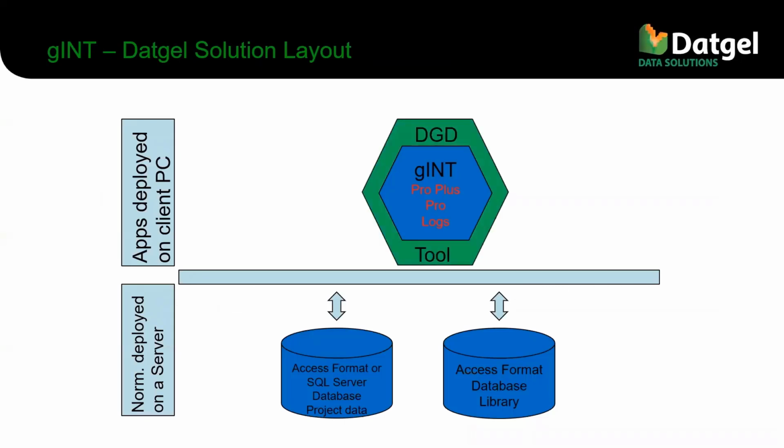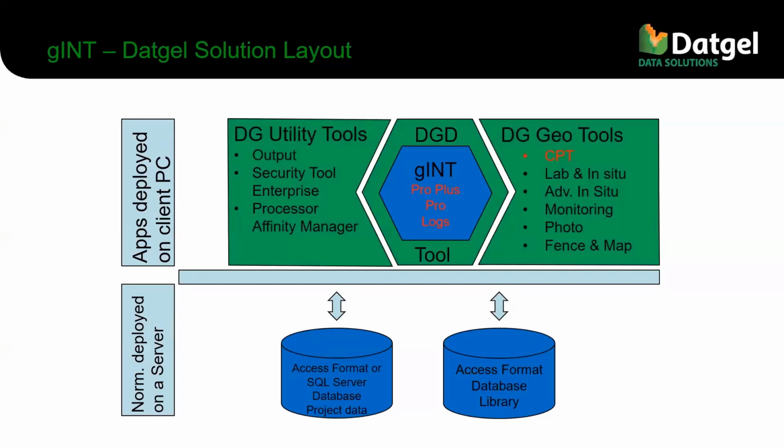So how does it all work together? You've got GINT, that's the blue bits, and then you'll see that we've mentioned the DGD tool here. That's another add-in from Datgel. And the CPT tool is one of our more geotechnical products. Down the left, we have some more utility-style products. Certainly the output tool can work well with the CPT tool to produce reports, but I'm not going there today. Apart from the normal GINT program, which we will be using today,